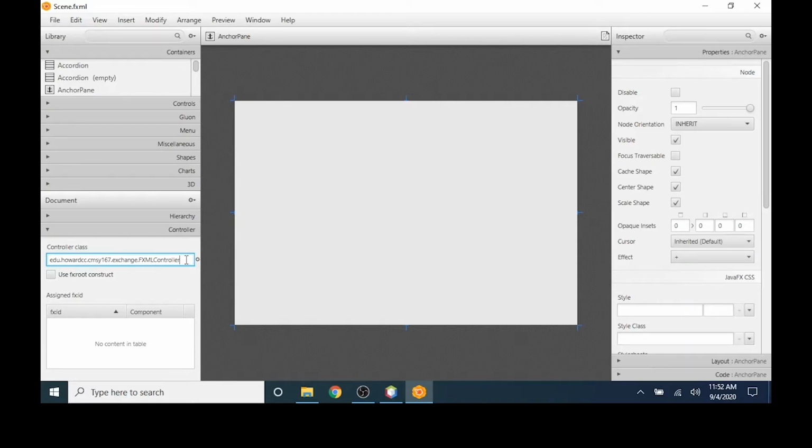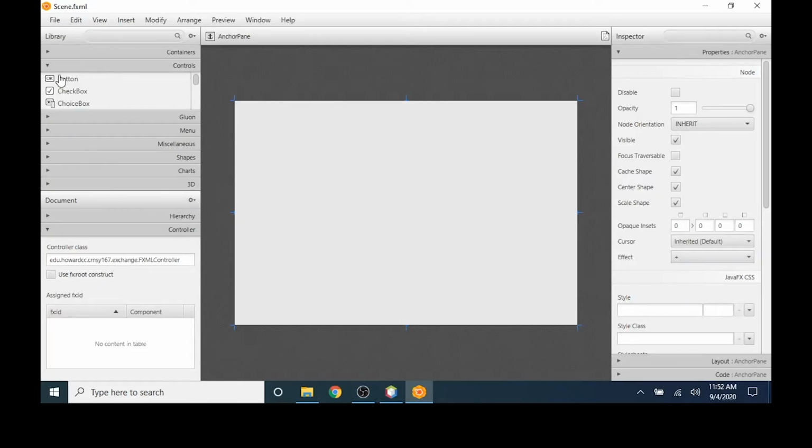We created our anchor pane before, and now what we're going to do is add a control to it. If I click the controls pane, you'll notice it lists controls that are available to me, and I could scroll through the list. One important point to make about these panes